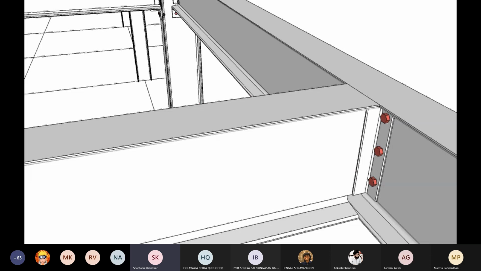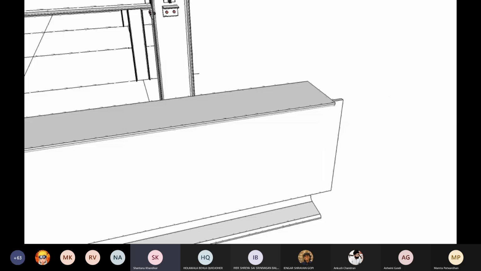What might be the issue here is that the webs of the two beams need to meet each other. Web means that vertical part in between. Like the I section is there, the two upper and bottom parts are called the flanges. The middle part is called the web, as you know. I think this has been covered for you. So the webs need to meet each other, but the flanges will get in the way. So in that case, we cut off the flanges. The flanges are cut in that shape in order for the web to come and sit and meet with the other web.